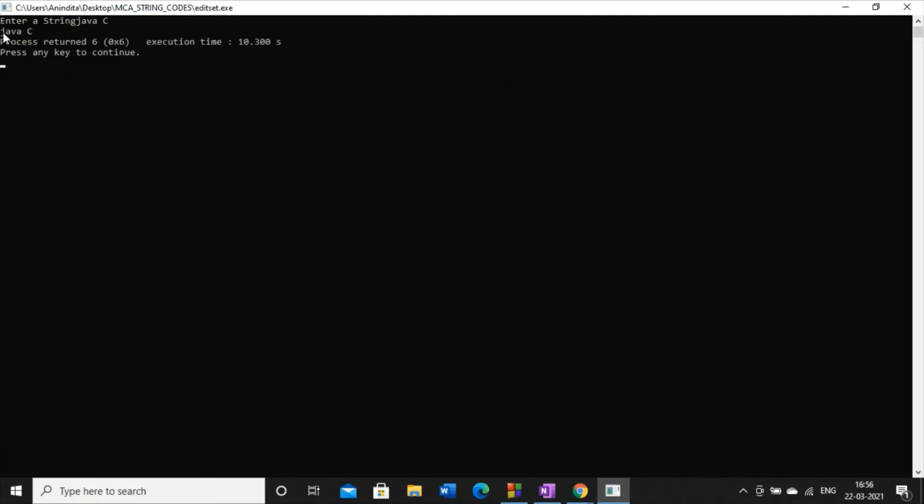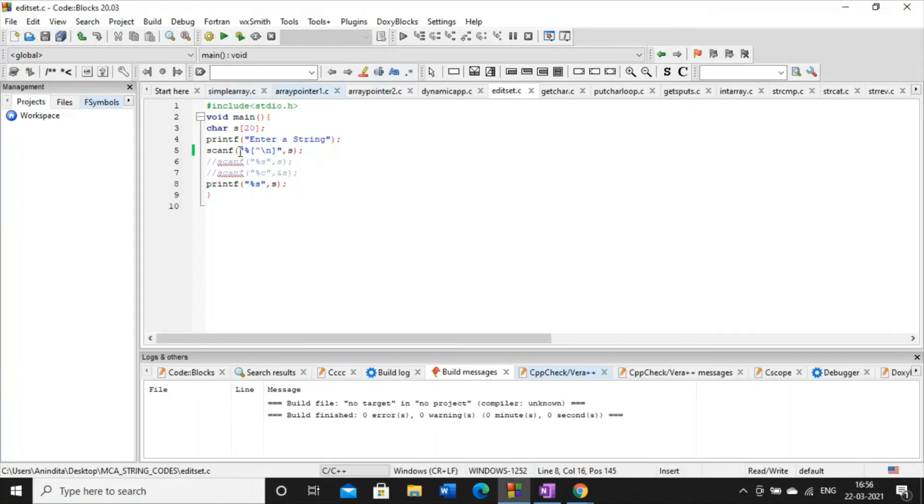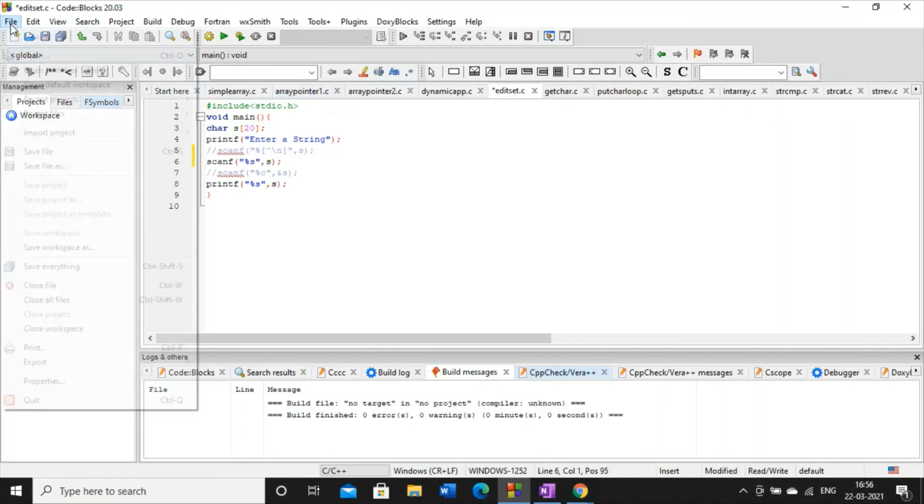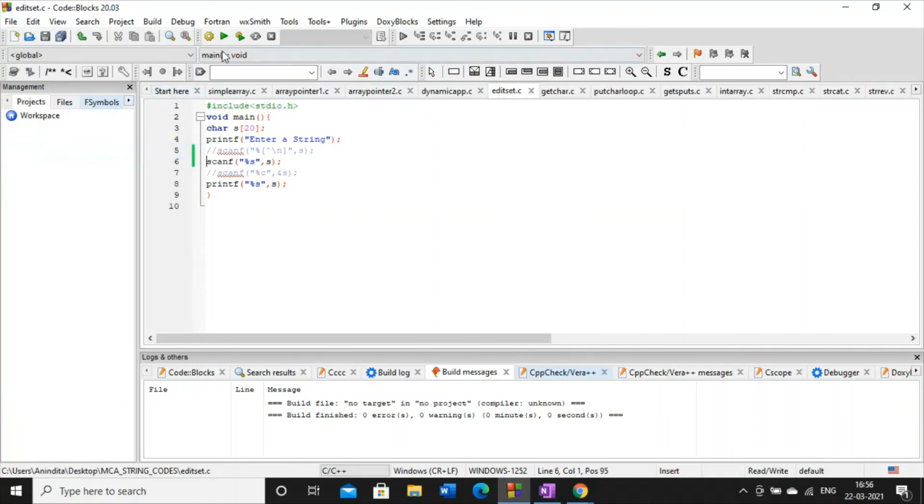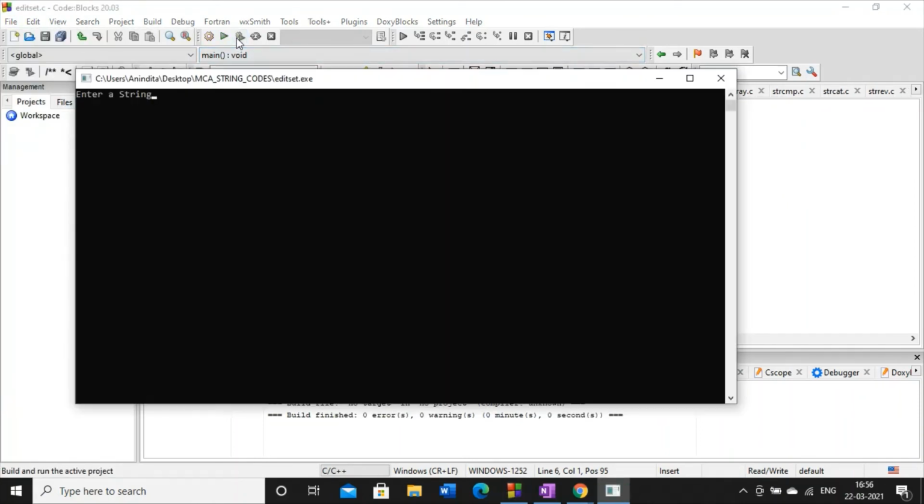See, it is taking Java space C. So now my edit set is working. But what will happen if I just write the scanf function with %s and I want to execute the same code with the same input, Java space C?